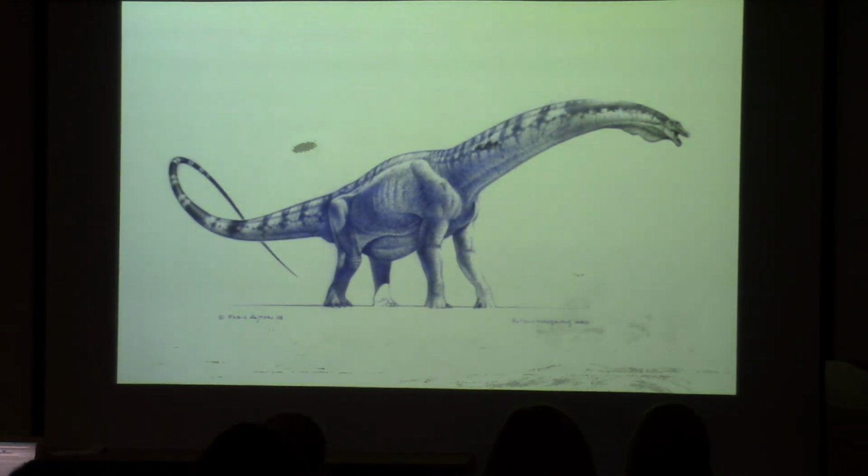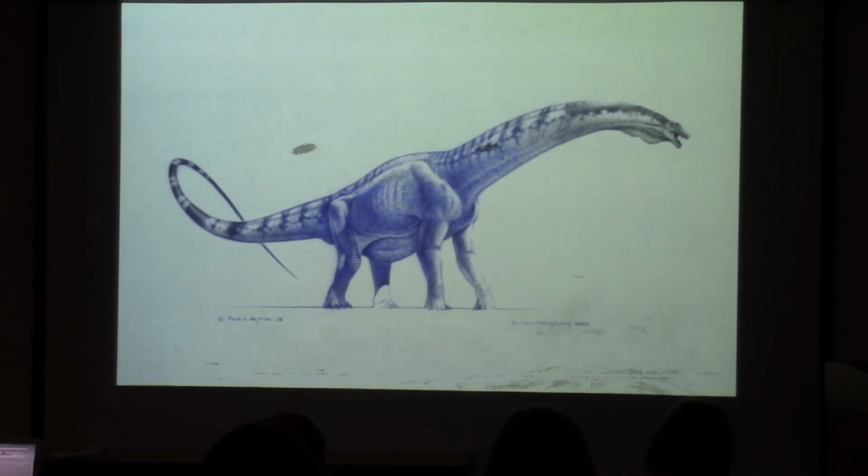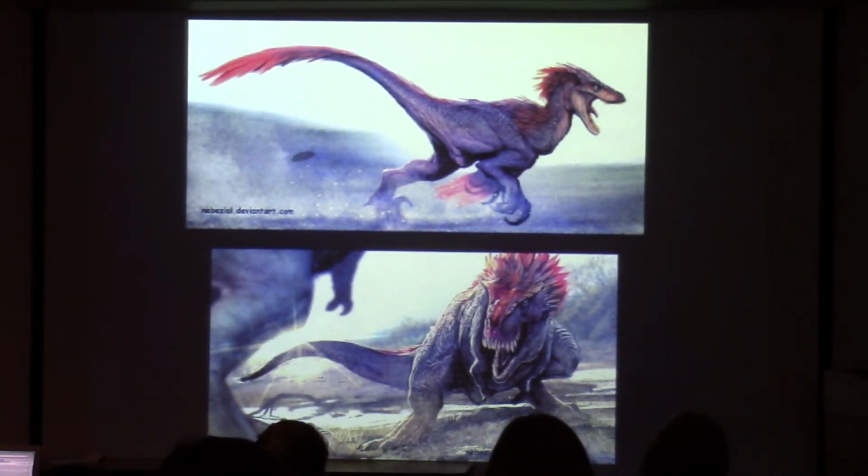And so there is one graduate certificate program in the country out at University of California, Santa Cruz, that has a certificate in science illustration. But a lot of these folks that are doing this kind of paleo reconstruction stuff are folks that just like dinosaurs and have always drawn dinosaurs or enjoy that kind of drawing, and have started to collaborate with the paleontologists and find work that way. So that's how a lot of that work goes. And certainly